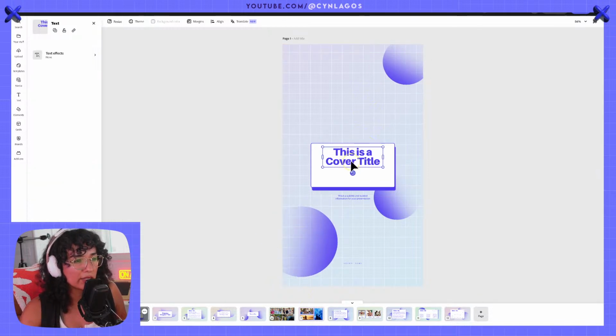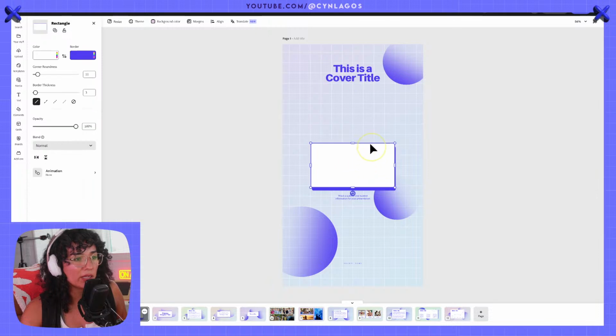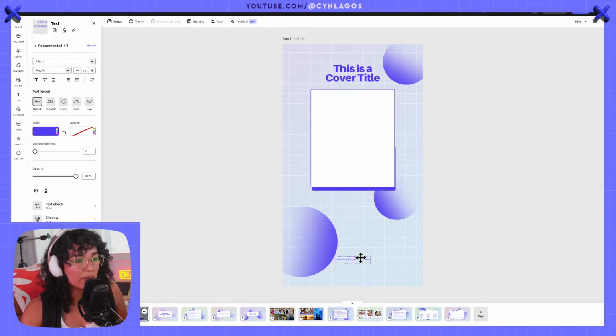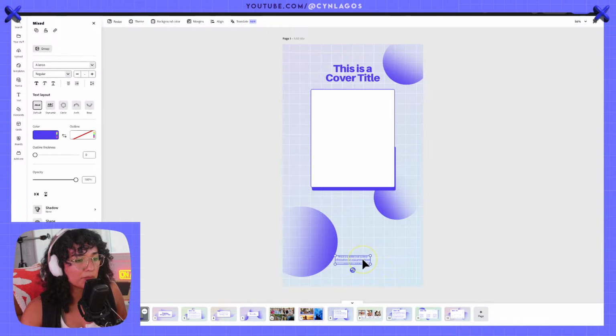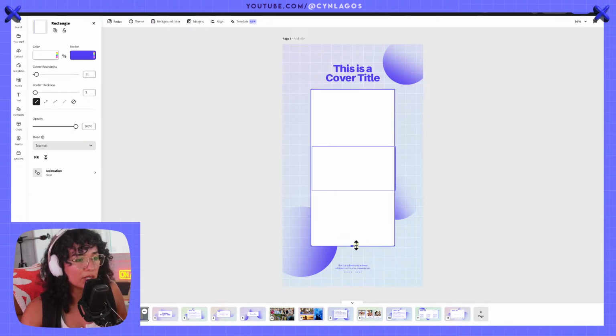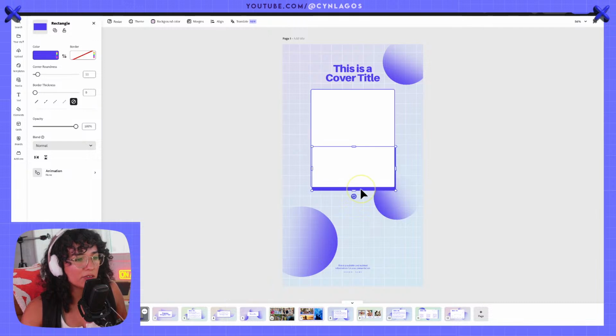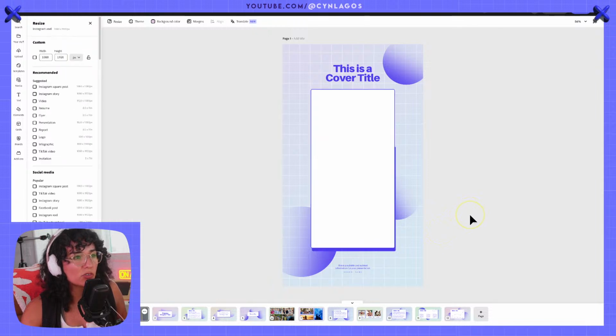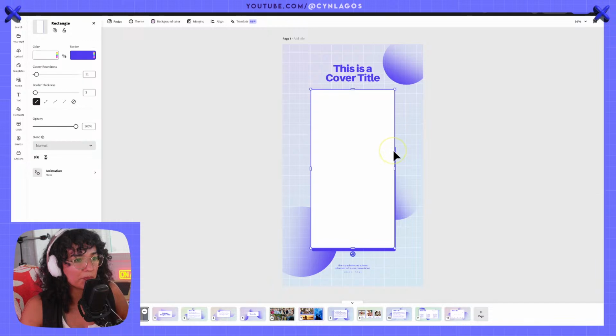So let's do something like this. This is a cover title. I like this. I imagine that this is a cool place to have my images. So let's try that. Now, albeit this feels a little bit more modern than the images. So I might want to change the color palette here. As much as I love the purple because it's really pretty. Decisions, right? So I know I have some 9 by 16 images I can place here.